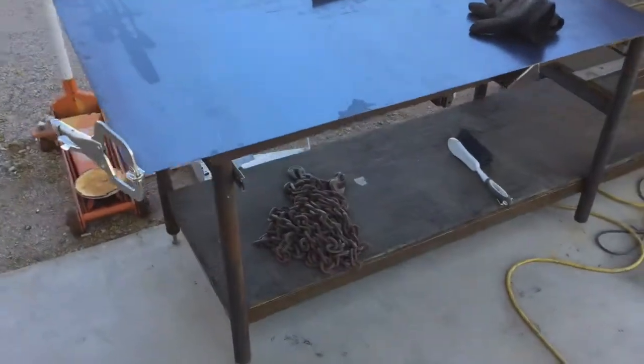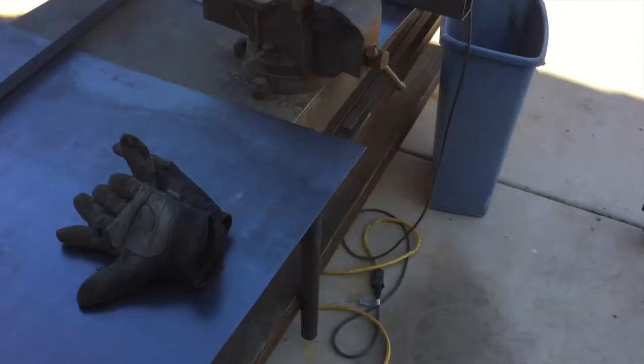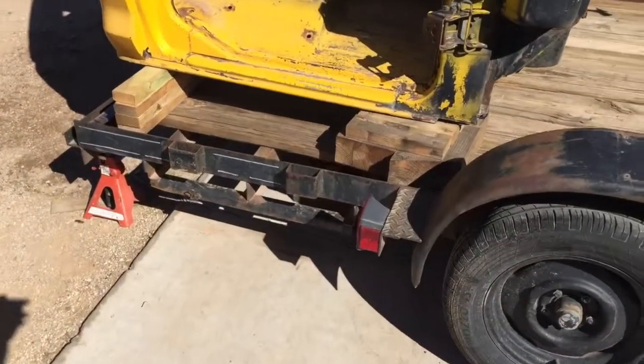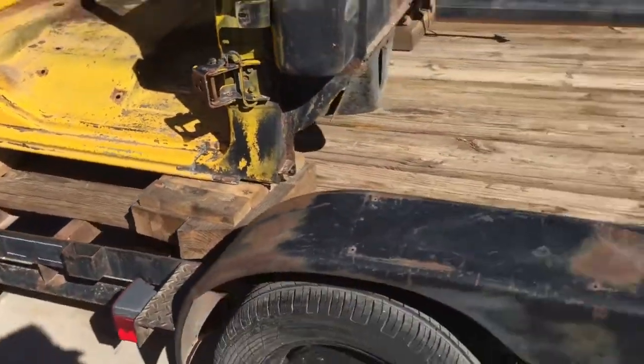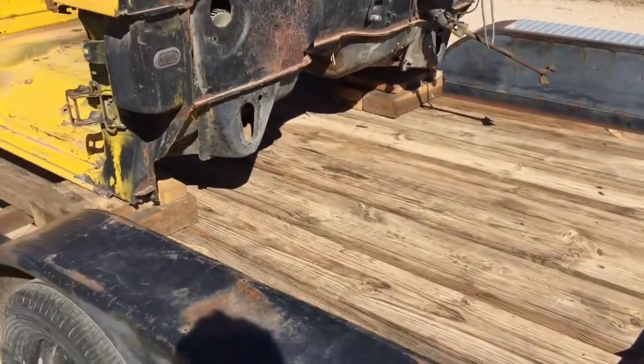Well, so far we went to the steel store, got about $100 in some steel. We're not going to have the rest of it till Tuesday. I started grinding a little bit of the rust off the floor. We got the cab mounted up on this trailer here so I can work on it and grind and cut